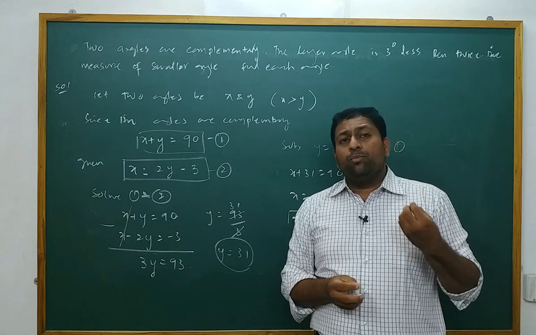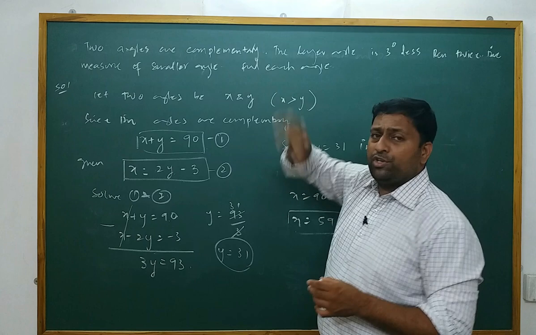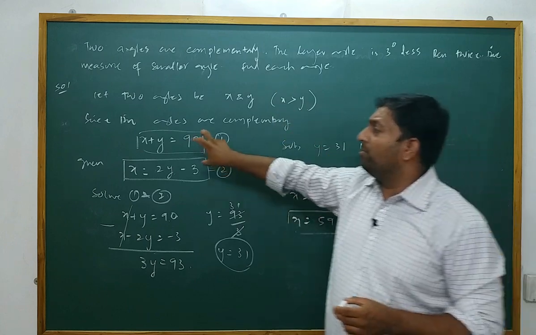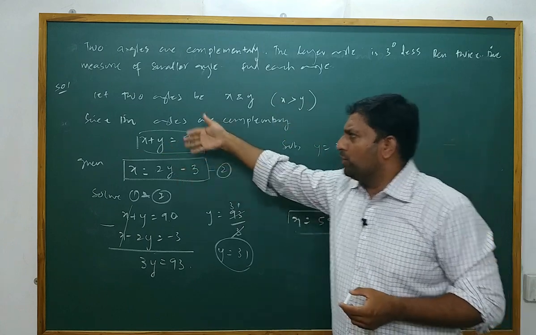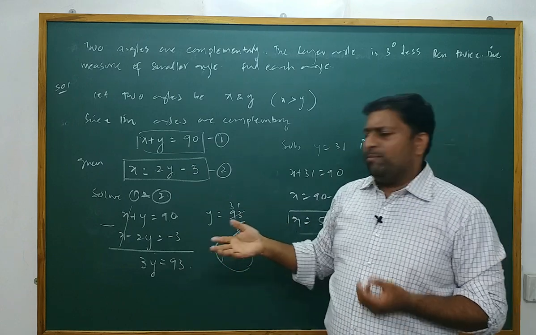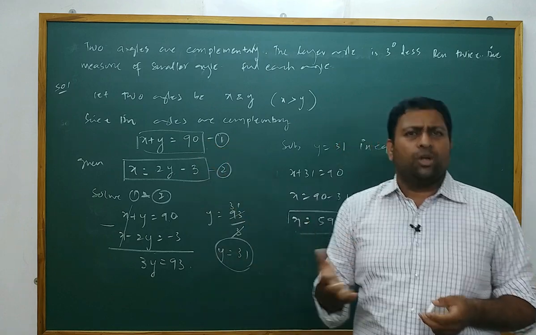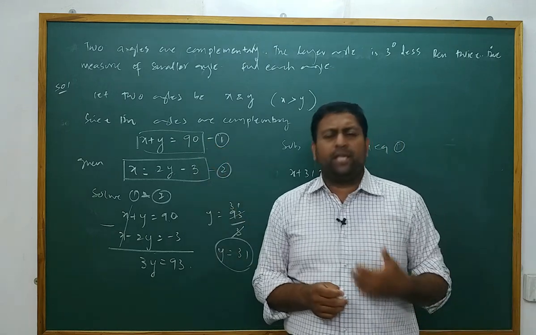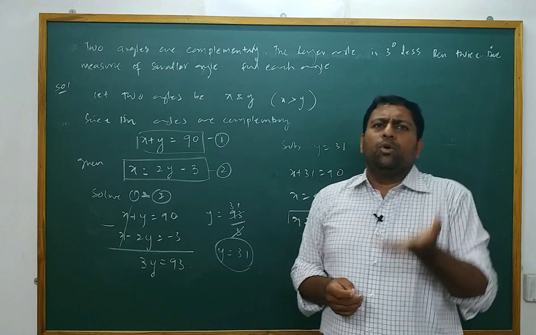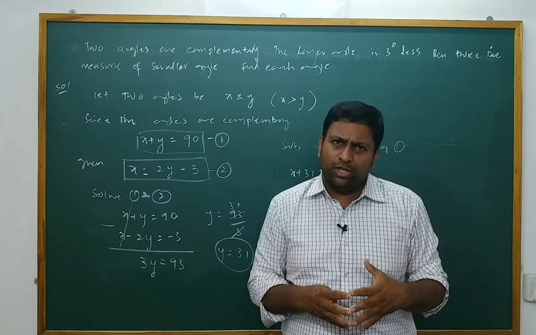Now a very important thing you have to understand is to frame an equation. So read the question again and again so that you frame the proper equation. If the equation is formed properly, then only you can solve and you can get the correct answer. And make sure at the end that you substitute and check whether your answer is right or wrong. Now in the next class, we will try to take more complicated numericals and we will try to follow how a pair of linear equations is solved.